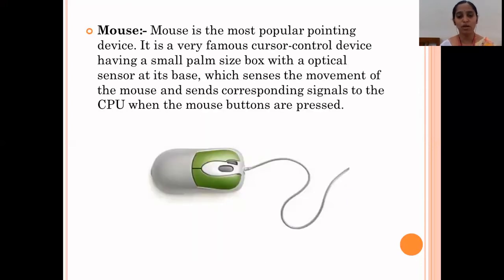Okay, next one is a mouse. Mouse is the most popular and is used in daily life for pointing at content and text. Mouse is also called a pointing device. It's the most popular input device. Using the mouse, the user can easily point out or assign instructions to the computer.